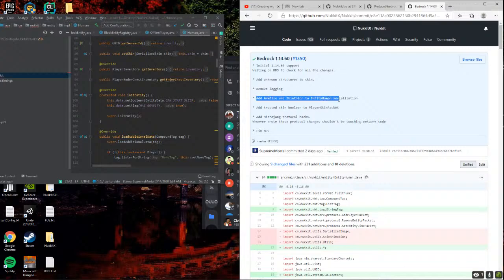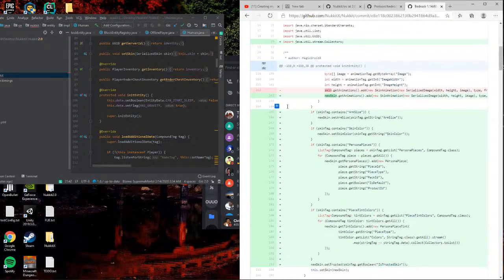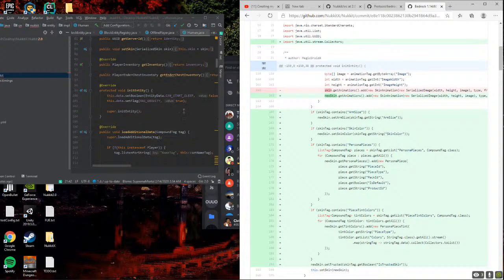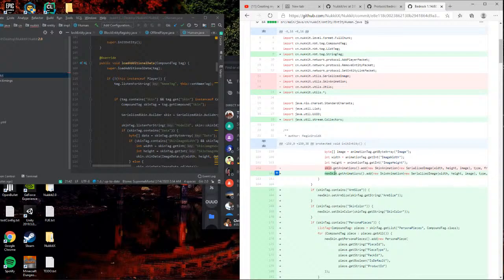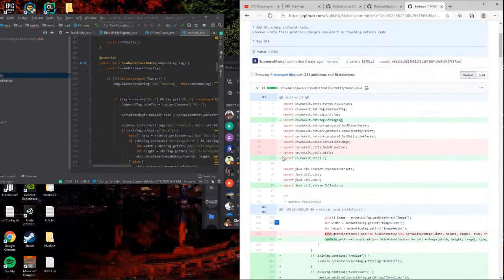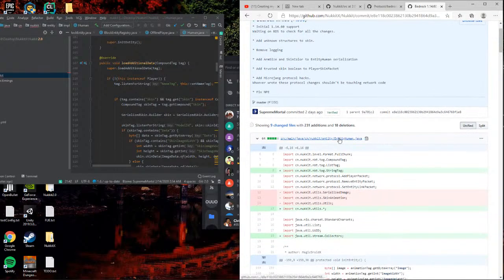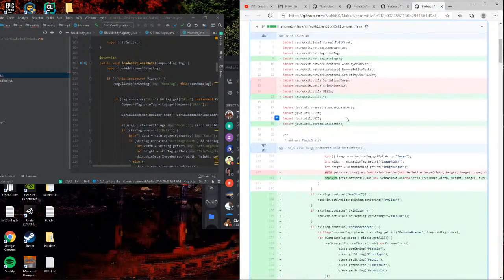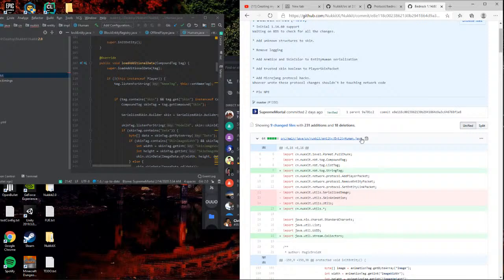Okay, add arm size and skin color. I just want to see what the original class was.